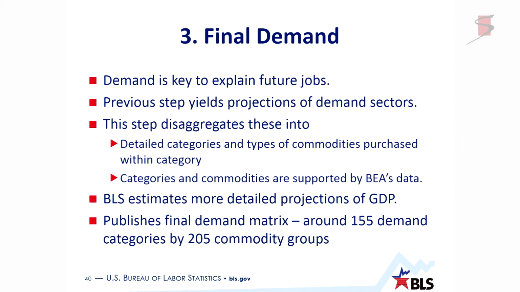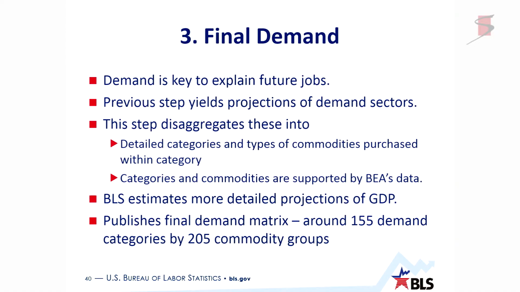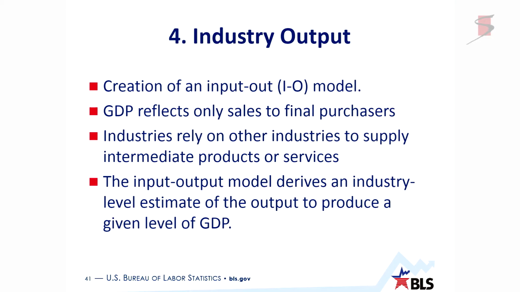In the previous step, we had projections of demand across industry sectors. In this step, BLS disaggregates these into more detailed categories. But perhaps more important is that the gross domestic product that we have in the previous step is like a total GDP, and BLS estimates more detailed projections of the gross domestic product. So the result of this step is industry final demand, and it's a final demand matrix where we have demand categories by commodity groups. And this is going to be used in the